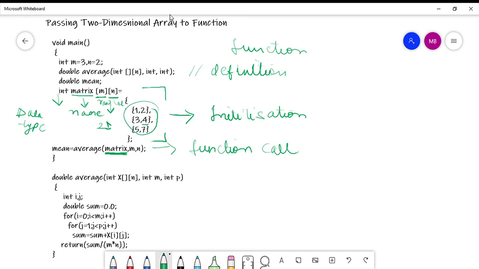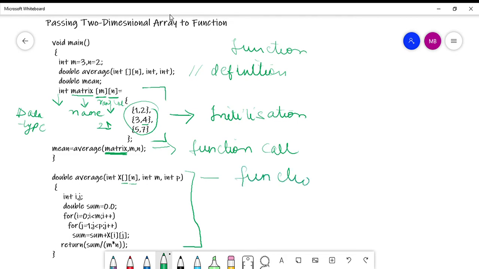Okay, the second rule says that in the function definition, that means while we are defining the function, we must indicate that the array has two dimensions by including two sets of brackets. Now, how do we know whether the array that we have passed is a one-dimensional array or a two-dimensional array? In order to specify, see, this is the function definition. As you can see here, function header plus function body is equal to the function definition.